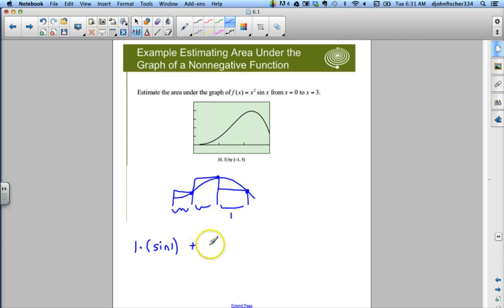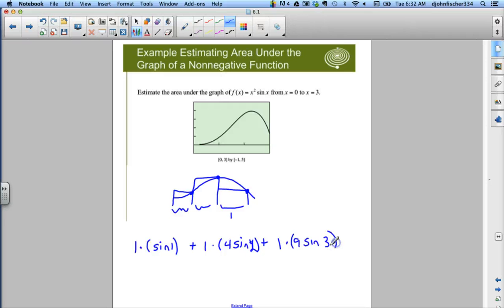Plus the width of the second rectangle, 1, times: the point I plug in here is 2. 2 squared is 4, sine of 2, sorry. Plus 1 times: the height here is at 3, so it'll be 9